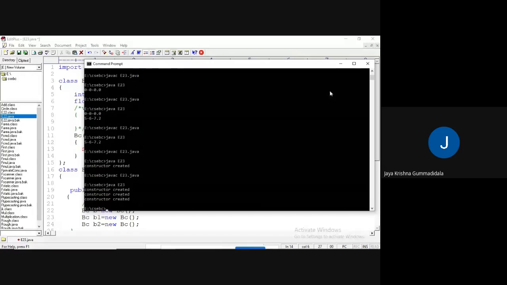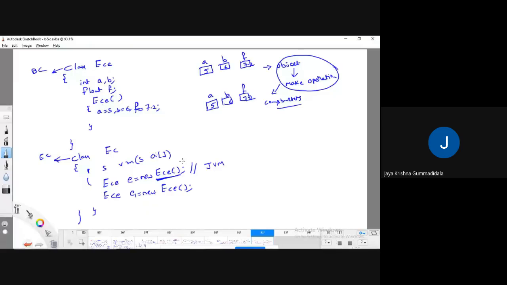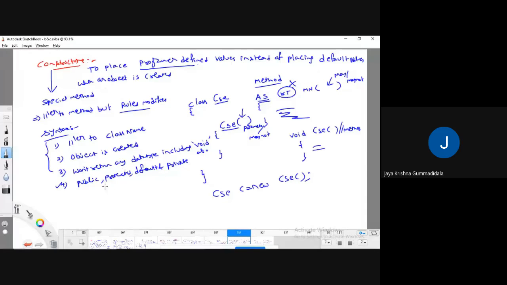Yes, meaning that for every object creation, the JVM is going to execute its own default constructor. Yes, fine. So up to here understood. Now what I'm saying is,